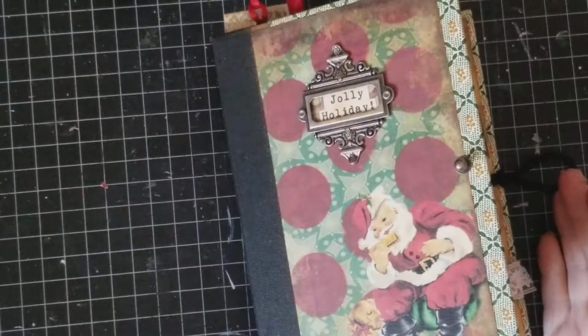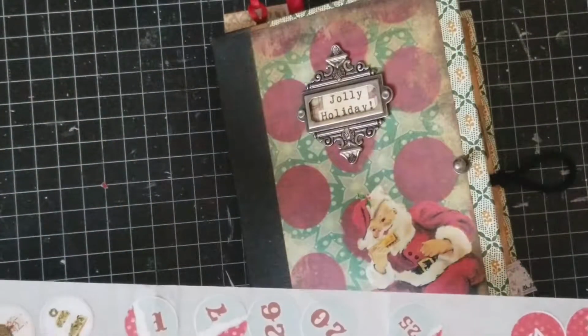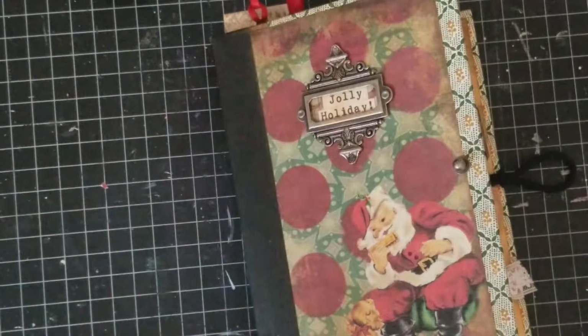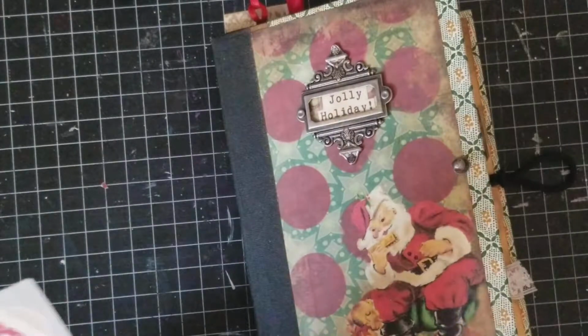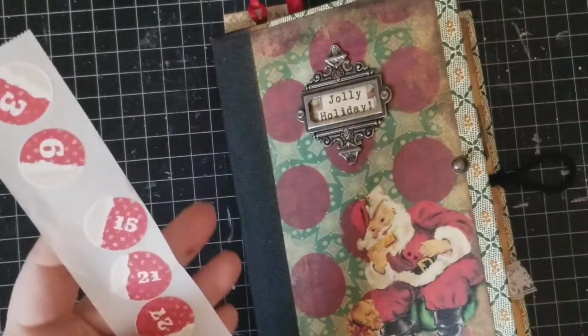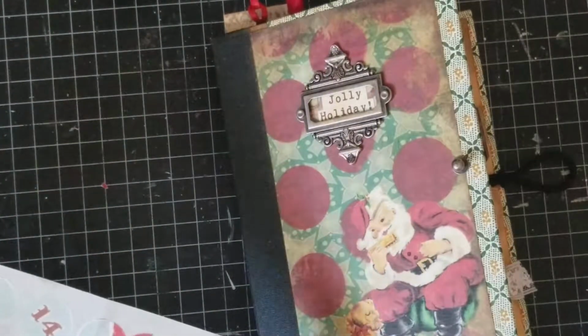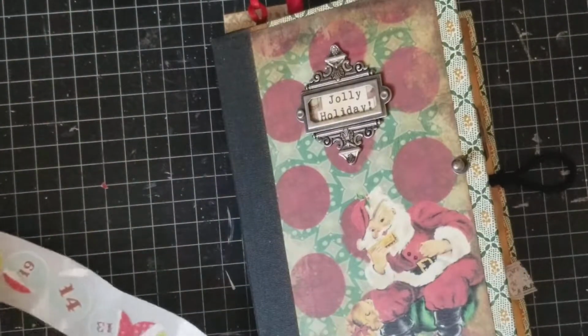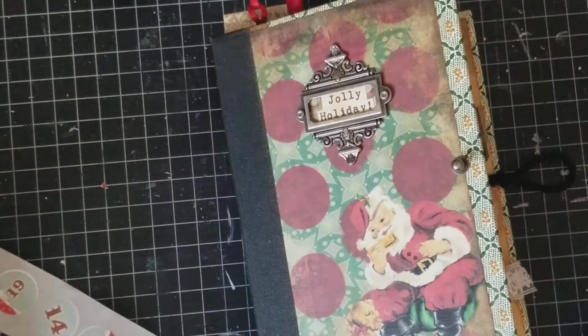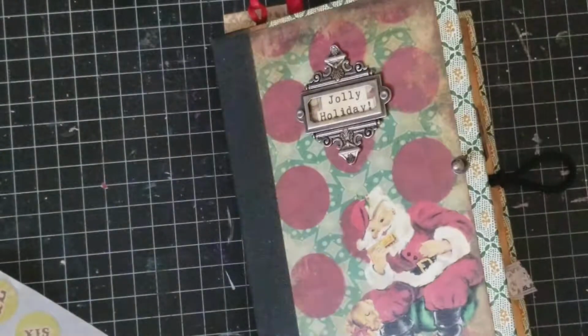Normally, especially in December, I like to do a countdown to the days until Christmas, like I do for everybody else. But this is just so that I can record the things that happen that are important along the way. I made these into stickers so that I could just peel them off and put them in, and it wouldn't take 5 or 10 minutes to put in my days as we go through the holidays, so I'm not overwhelmed by the